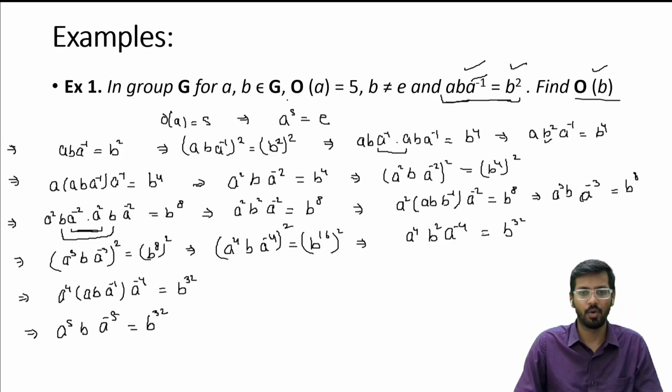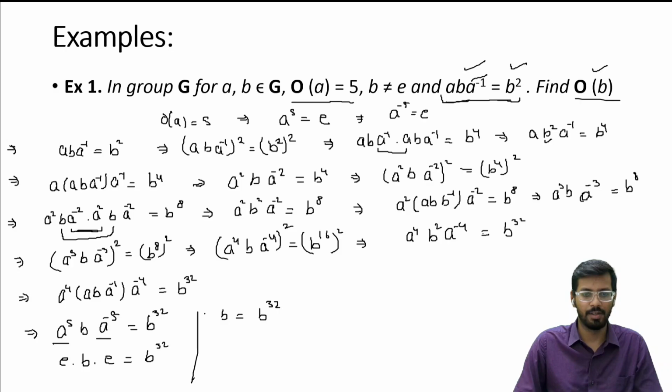And here we are given that order of a is equal to 5, means a raised to 5 is equal to identity element. That means a raised to power -5 is also equal to identity element. So from this we can write this as identity element and this is also identity element. That means e dot b dot e is equal to b raised to power 32. Okay, from this we can write b is equal to b raised to power 32. Take b inverse on both sides. b inverse, b inverse, that means that is equal to identity element, but that is equal to b raised to